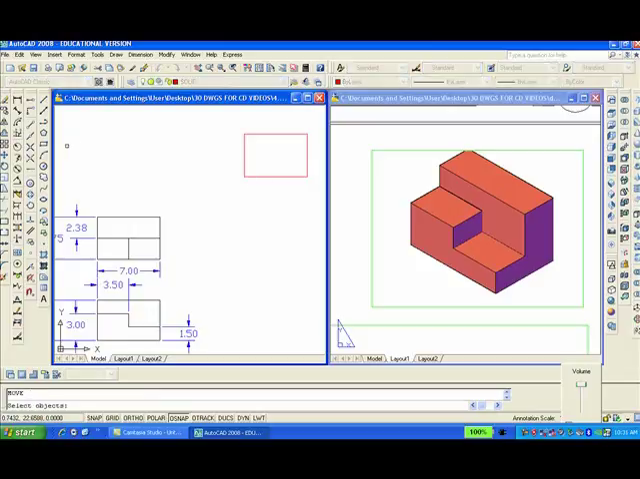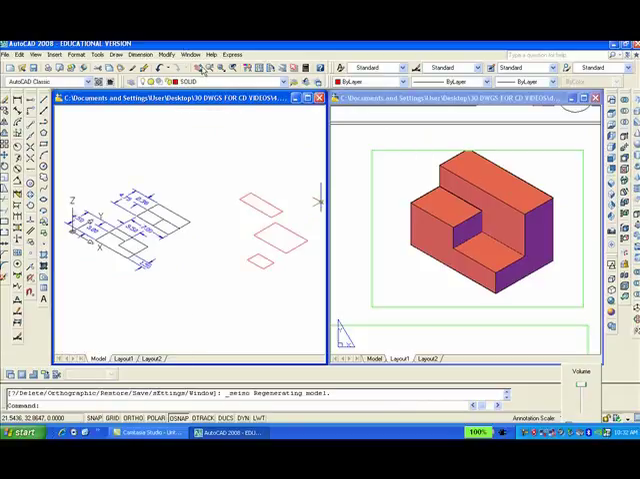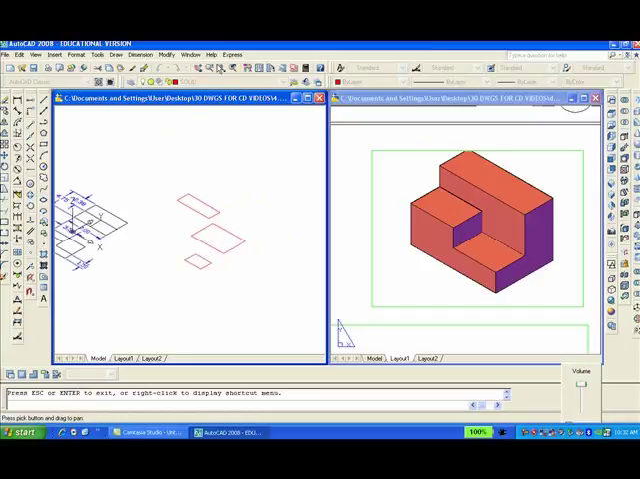Enter to repeat. No, I don't want to. I want to go to rectangle. Pick these 2 points. M, enter, L, enter. Rectangle command. Pick these 2 points. And then move into southeast isometric, pan, zoom with the window,